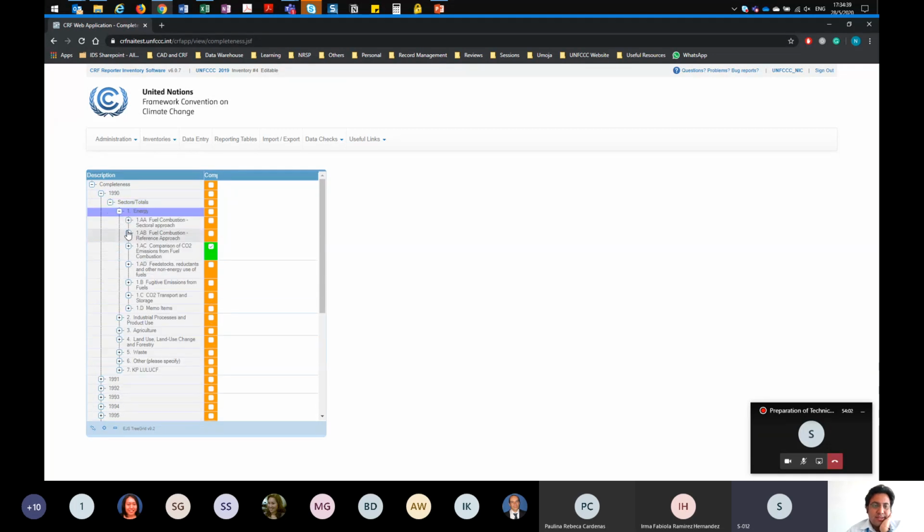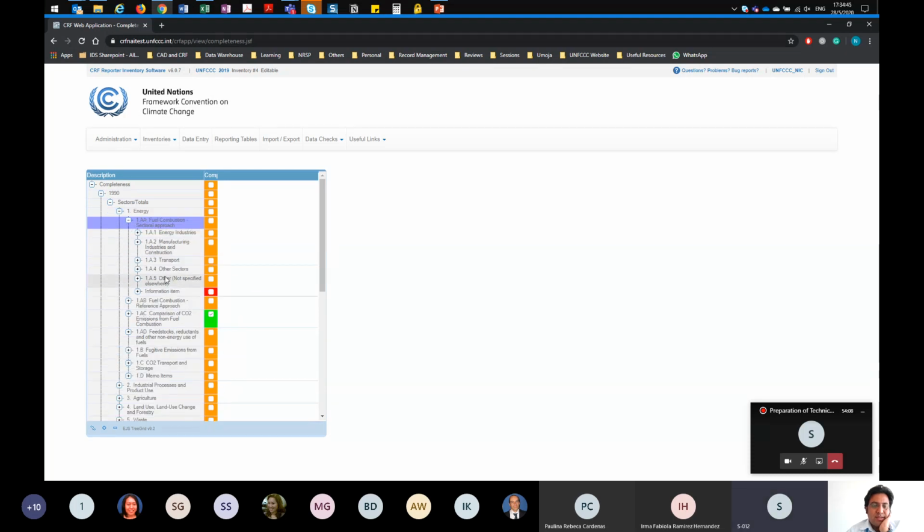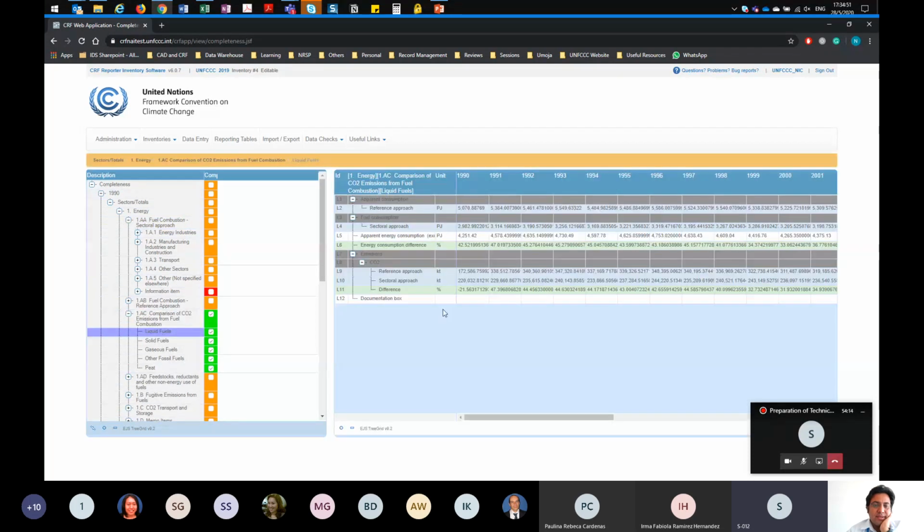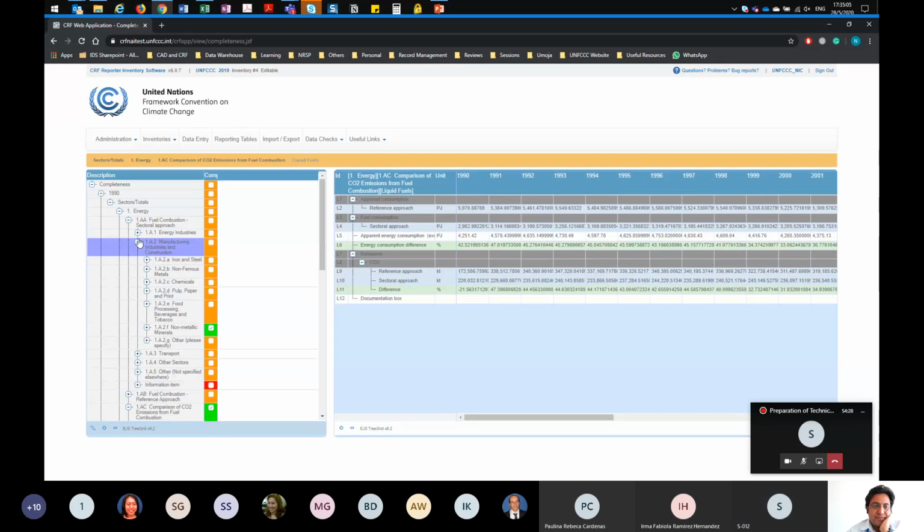Once you click on the energy, you can see that some of the cells are green, meaning that these cells have the 100% data entry. This node has 100% data entry, as you can see here, and the orange cells mean it has partial data entry.